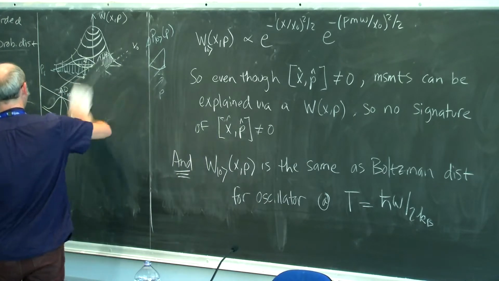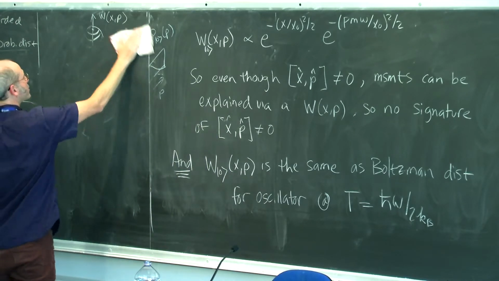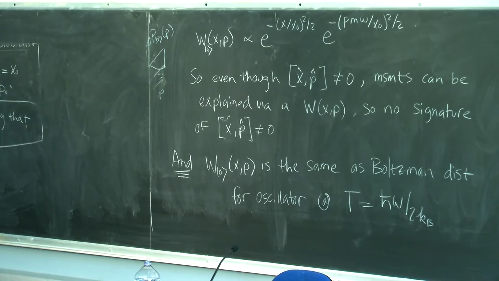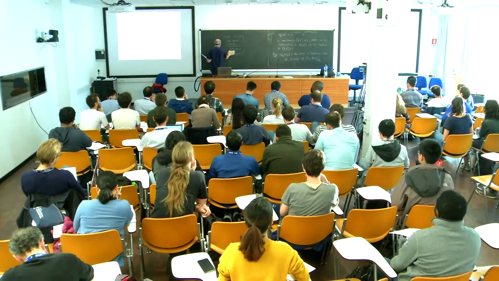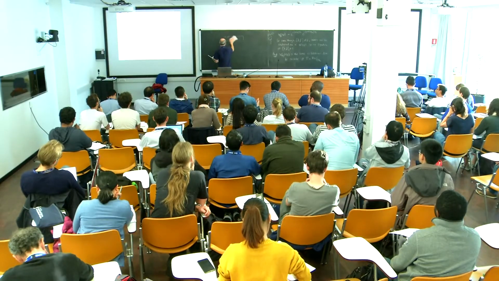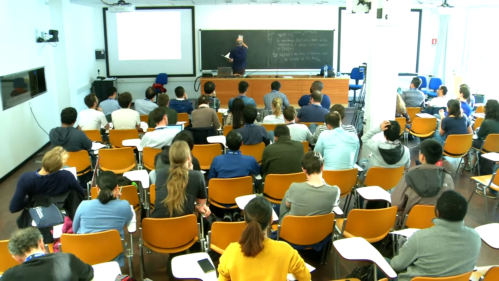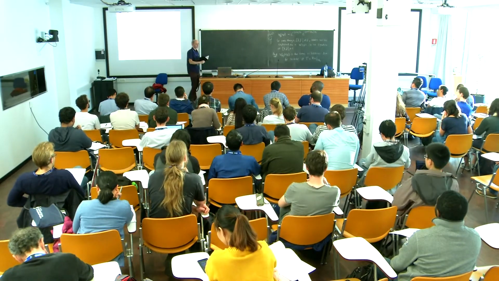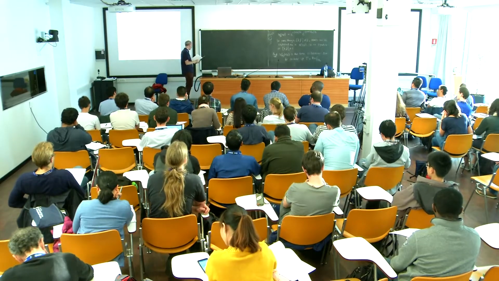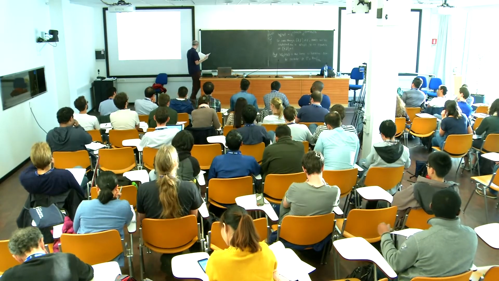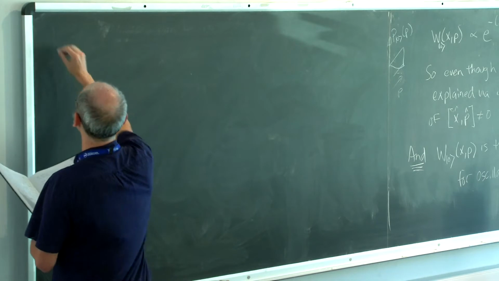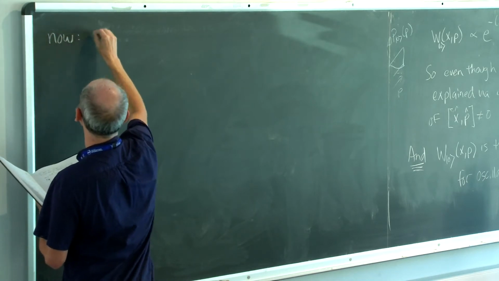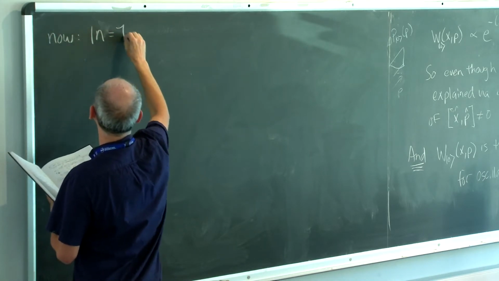Is it the end of the story, though? I mean, is this always going to be true for harmonic oscillators and their states? Are there states that I could prepare for which the measurements of x and p would not be consistent with an underlying joint distribution of random real valued quantities? To check that out, or to illustrate that fact, let's do exactly the same thing for the first excited state